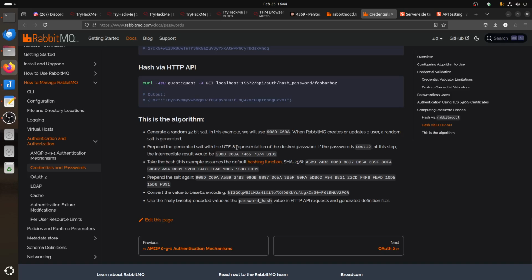I think it's 8 bytes or something, if I understand it. I gave it to Grok AI and it explained to me, and then convert to base 64. So we reverse it: take the hash, decode it, and then